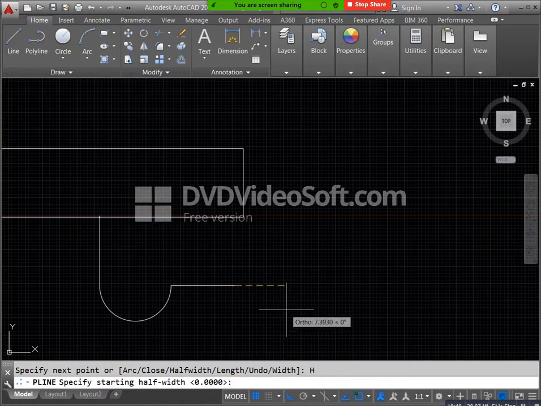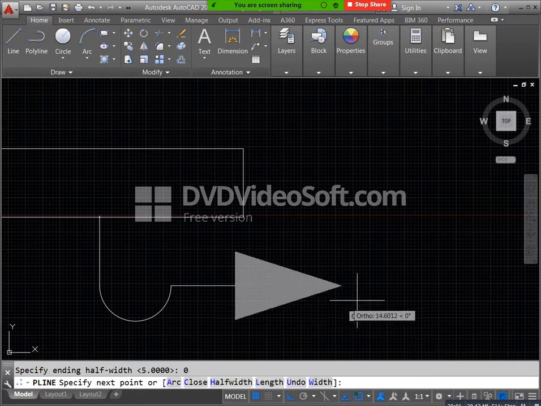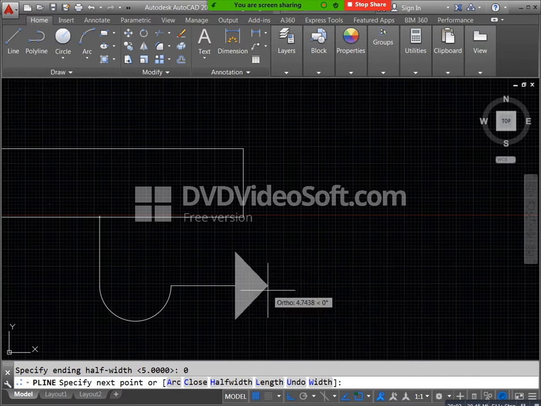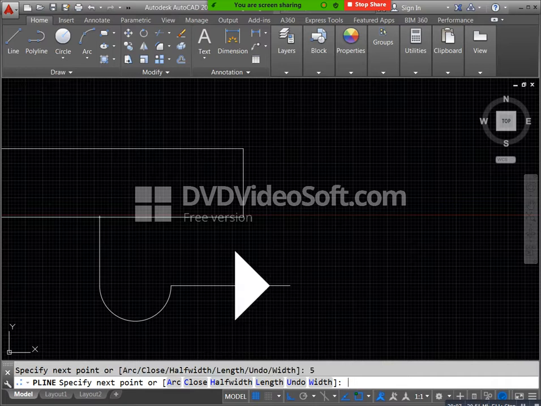Means next, I need only 5 length, okay. What does that mean? Just consider this point to this point, how much distance? It means 5. Here we have a corner point, and here we have a corner point. This point to this point we have 5 distance. This is our second distance, 0. Both are meeting here, connecting here. This value is 0, and this point to this point we have straight, that is 5. We mentioned that 5 value.